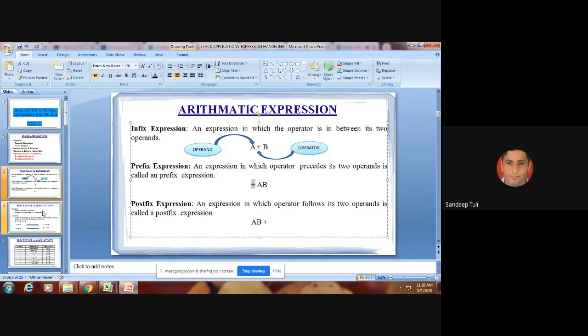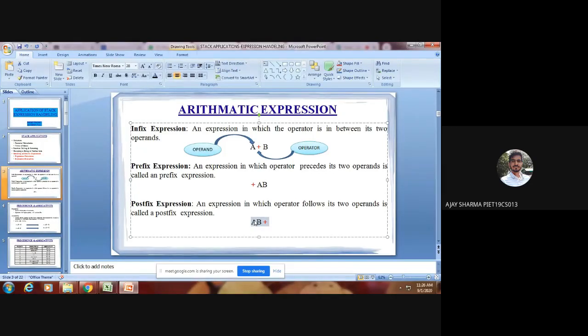Good. Then, any other doubt to anyone else? So they are simply different forms of an arithmetic expression, a plus b. Simple. Done? Sir, are they valid in C programming also? No. You need to write different code for that. If you are writing this kind of expression, then you need to write different code for it. Like first you need to convert it into infix, and then it will be evaluated. Or if you are writing algorithms to evaluate postfix, then you need to convert it into postfix. It means normal code will handle only this. But if you are using this, you need to have some algorithms in order to convert it into proper form to be evaluated.